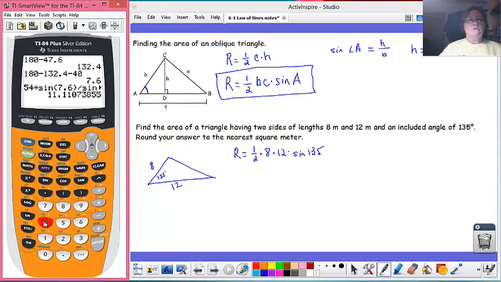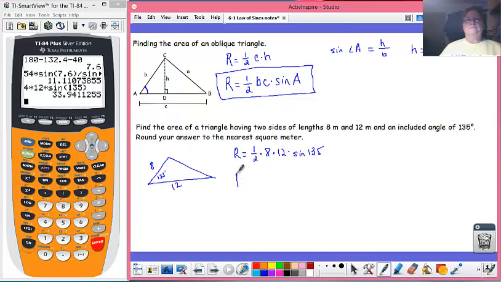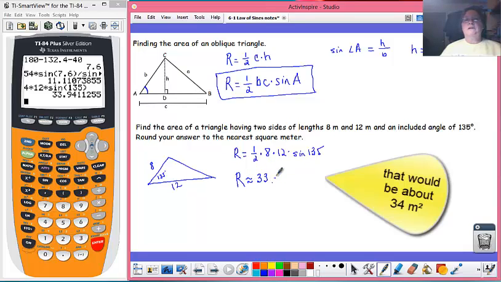1/2 of 8 is 4. So 4 times 12 times the sine of 135 gives us an area of about 33.9 meters squared. So that's the end of our lesson today about the law of sines, and I'm hoping that